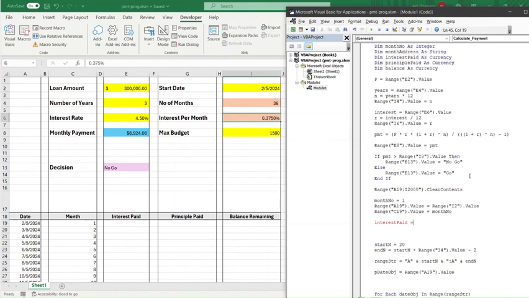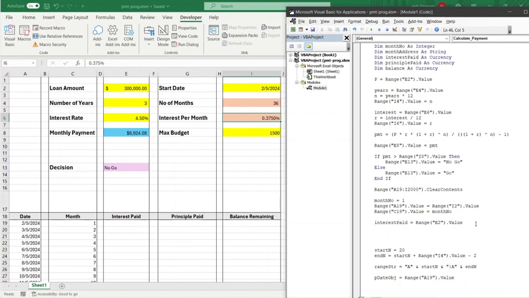I don't think so. So I do need to use the range. So range of loan amount is in E2, I need to close the parenthesis and say dot value,